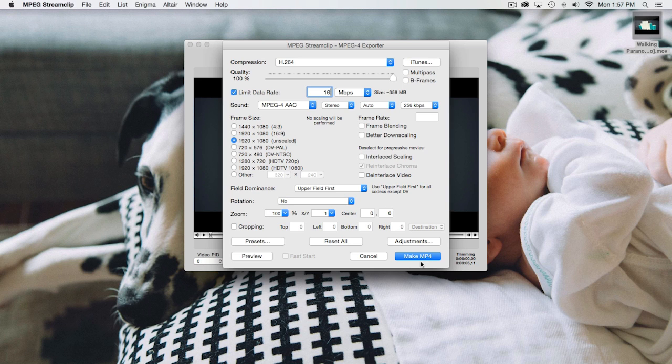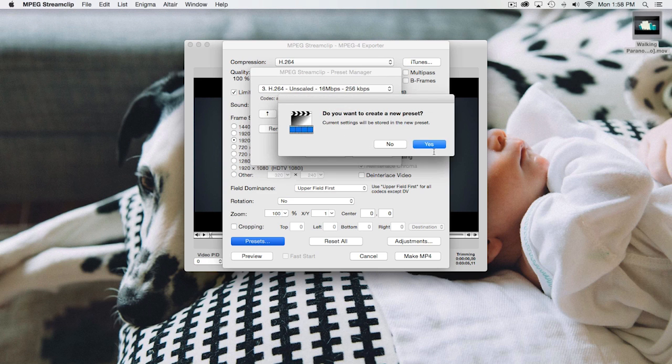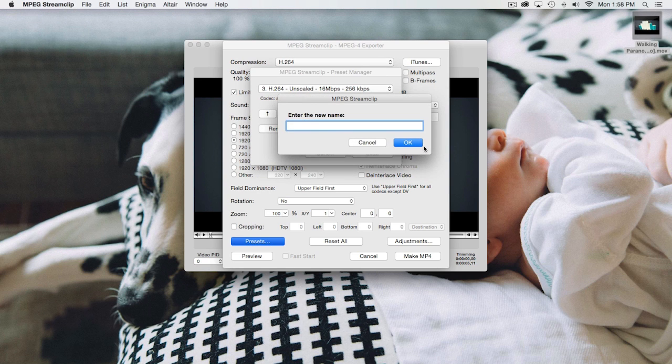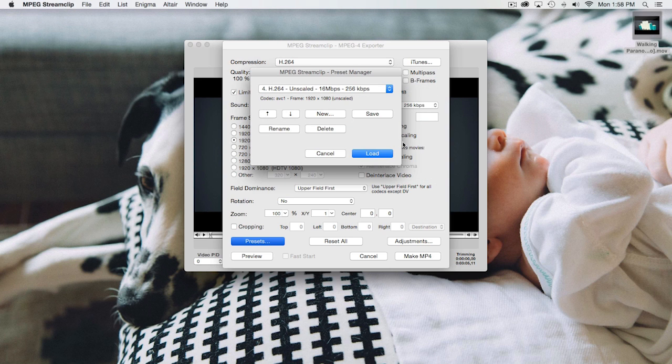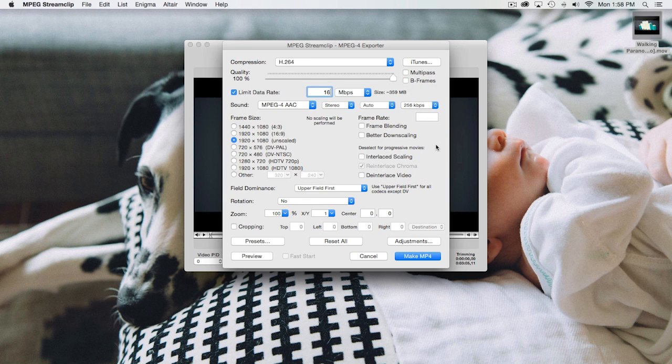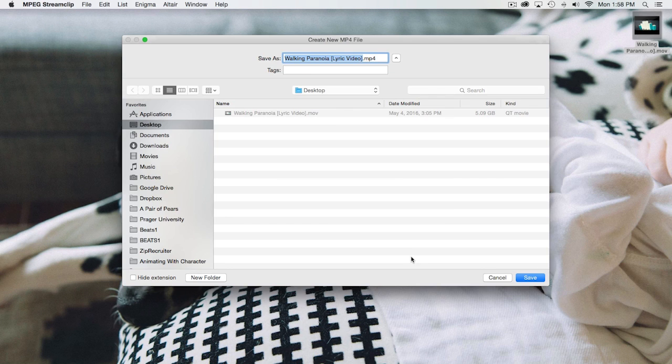So I could click Make MP4. But before I do that, I'm going to save this as a preset. Click on New, say yes, and then type in H.264-unscaled 16 megabits per second, and then the audio compression rate of 256 kilobits per second. I'll click OK, then I'll click Save, Yes, and now that preset's saved, and I can load it for any future compression. Then I'll click Make MP4, it'll ask me where I want to put it, so I'll just type in MPEG Streamclip,